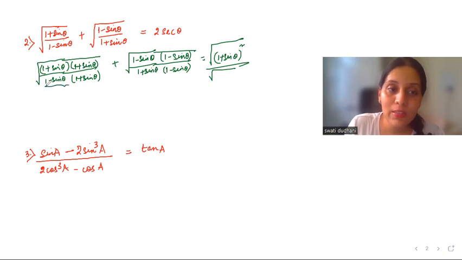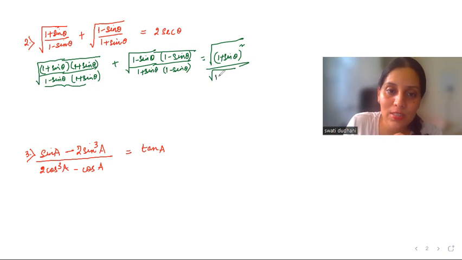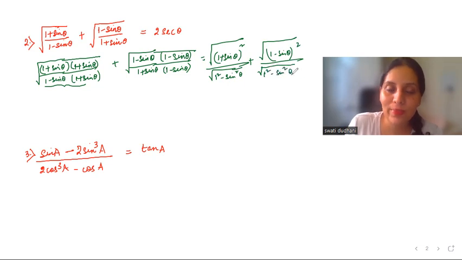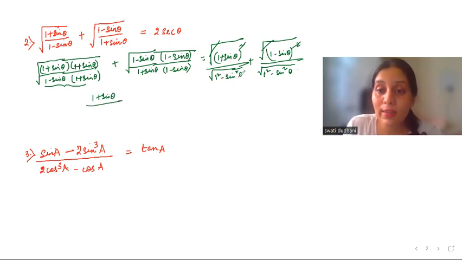Now, a plus b into a minus b. The denominator will always be (a plus b) into (a minus b), which is a square minus b square. Plus, same: 1 minus sine theta is repeating 2 times, so (1 minus sine theta) whole square divided by a square minus b square. All right. Now, the square and the roots can be cancelled on both the terms. So, I get 1 plus sine theta by 1 minus sine square theta.